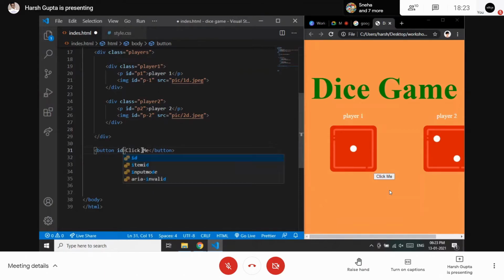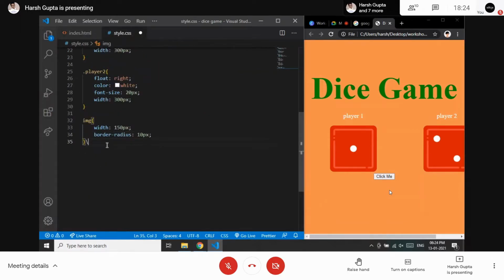Let's say its ID should be J button. J button is for the junior button. I just randomly named it. So the button has been created.